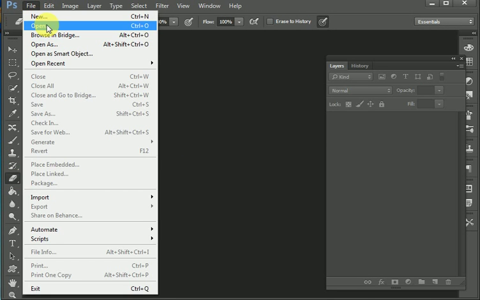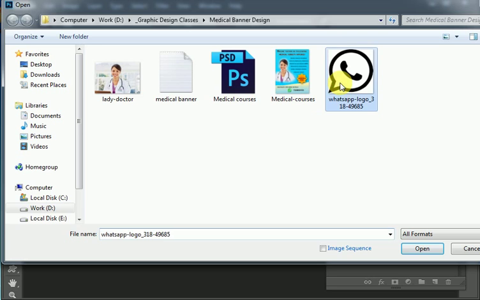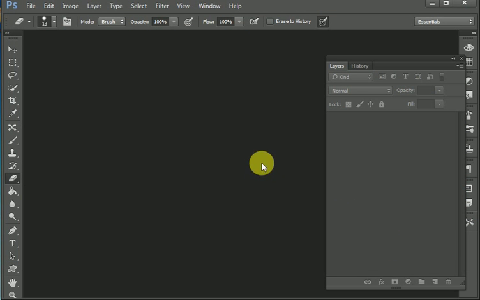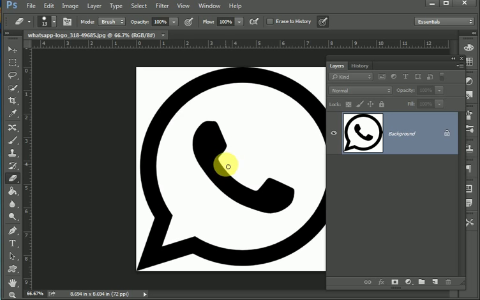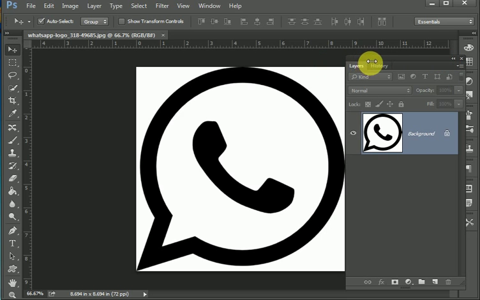So file, open. So this file is having the white background. Actually this is the white. Okay, so to remove that background, because I cannot place this file anywhere, because it is having the white background. Okay, so for example, like